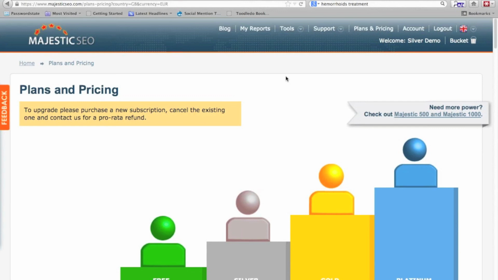The first one is, what is an average Majestic SEO user? Is there even an average Majestic SEO user? Well, it depends on your definition of average. I'll go for a median just to mess it up. I think typically a Majestic SEO user at the moment